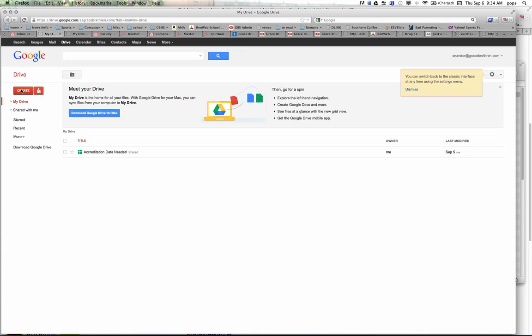So if I click on this Create tab, I can create a Word document, I can create a spreadsheet, these types of items. I can also upload different documents here, different spreadsheets if they're formatted properly. But for now, this is the accreditation data needed document. It's a spreadsheet, and if I click on it, again in my Firefox, it opens up a new tab,